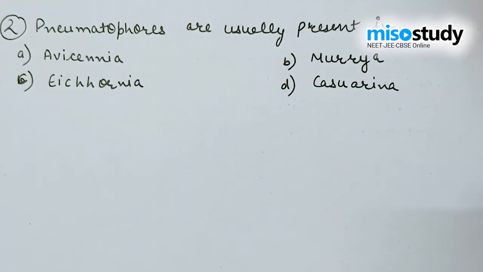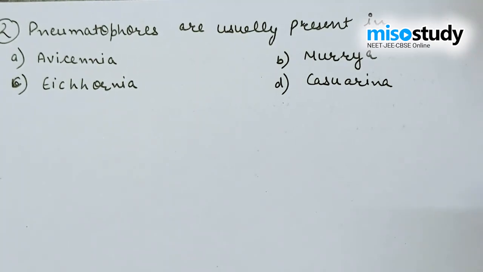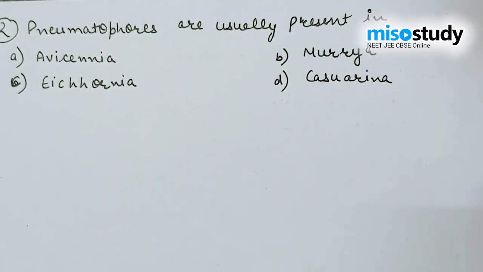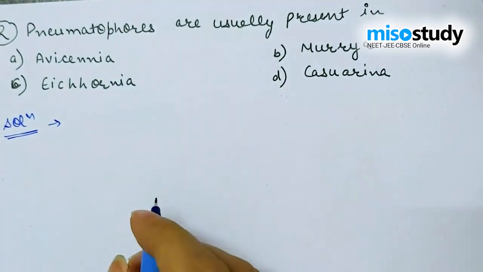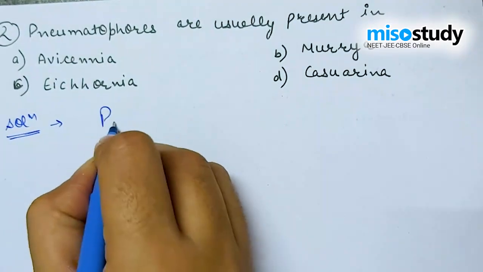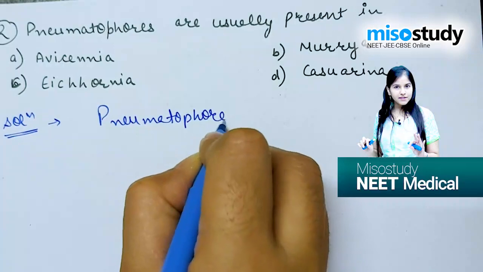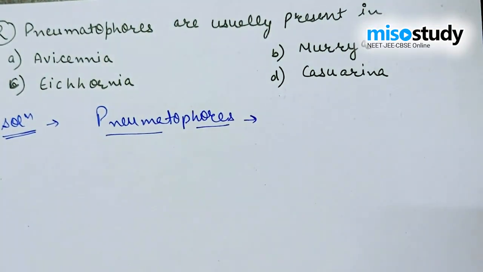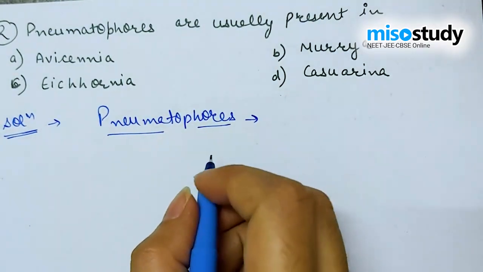pneumatophores are usually present in option A, Avicennia, B, Murraya, C, Eichhornia, D, Casuarina. When we discuss the pneumatophores, first we have to understand what pneumatophores are. Then we'll discuss the functions and the role of it, and then we'll move to the examples given in the options. Pneumatophores are